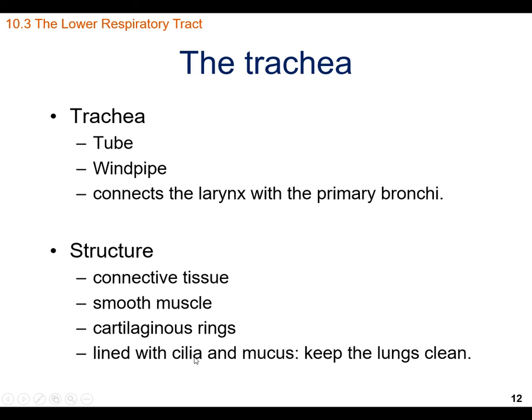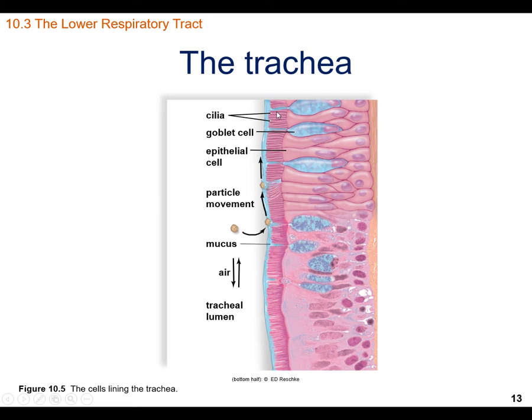It's also lined with cilia and mucus that keep the lungs clean. If you look at the trachea, you can see each individual cell has these little itty bitty teeny tiny cilia. There's some goblet cells here which help produce that mucus, and as particles or viruses or things that shouldn't be there come into the lungs, as they're headed down the trachea, they'll sometimes be trapped in this mucus, and then the cilia consistently beat this upwards, allowing you to get it out